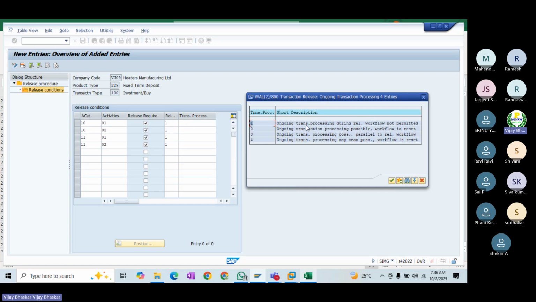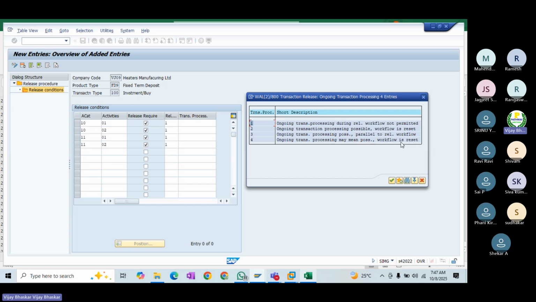At the time of release, you do not want to trigger the workflow. Ongoing transaction processing parallel to release workflow may mean the workflow is reset.